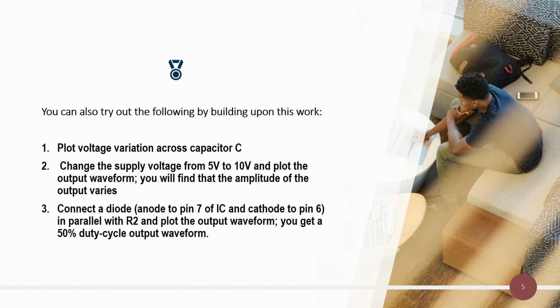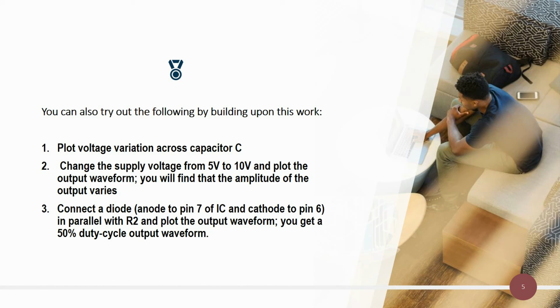You can also plot the variation of voltage across capacitor C, that is nothing but how the capacitor is charging and discharging, how it will charge from 0 to 2/3 VCC and how it will discharge from 2/3 VCC to 1/3 VCC. That plot we can implement using MATLAB. The second change is you can vary the supply voltage from 5 volts to 10 volts and check the results.